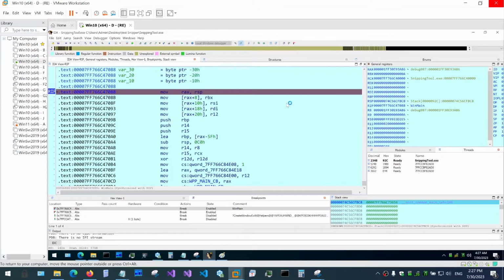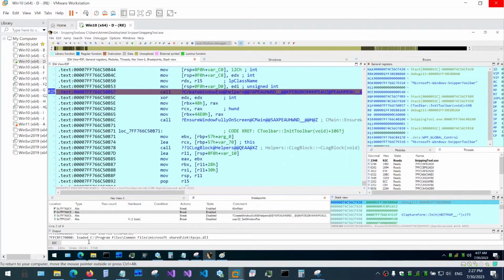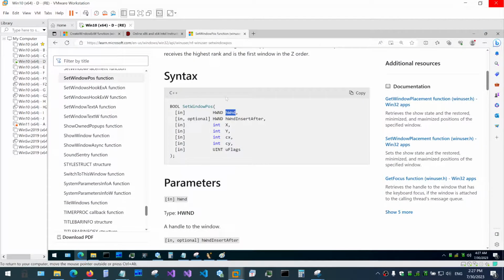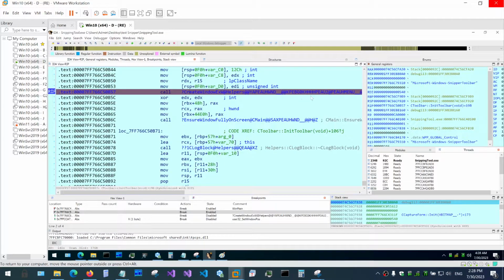What I suspect is happening is that they're using SetWindowPos in many places. Because again, this is one of those generic functions that basically moves and changes Z order and all kinds of things for all kinds of controls. And because they're creating it manually, something tells me that this thing is called a lot. So we need to find some new or clever way to trap it. So what I'm proposing,